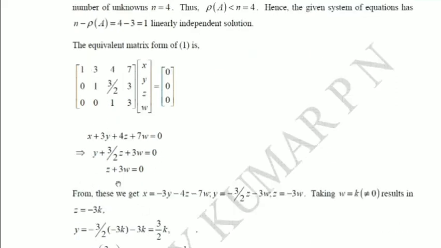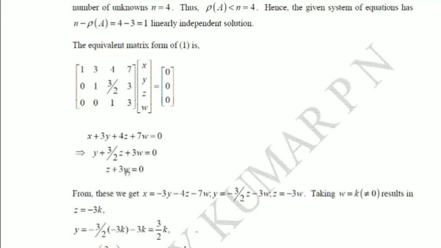Now here, this equation has 4 unknowns. If you know the value of any three, then only you can find the solution of one of them. Here it contains 3 unknowns. If you know the value of any 2 unknowns, then you can find the value of y or z or w. In this equation, 2 unknowns are there. If you know the value of any one of them, then only you can find the other one.